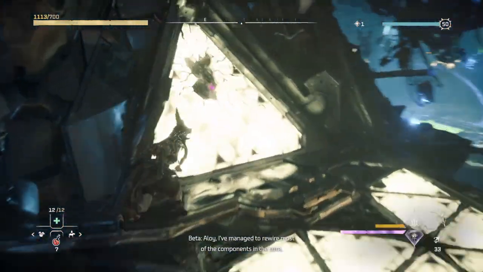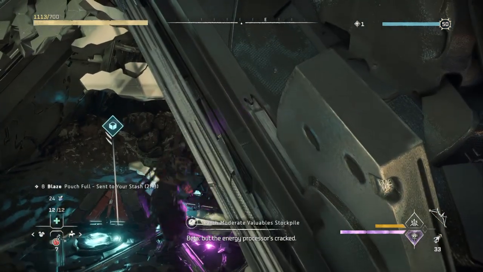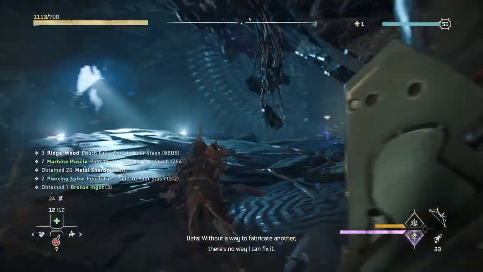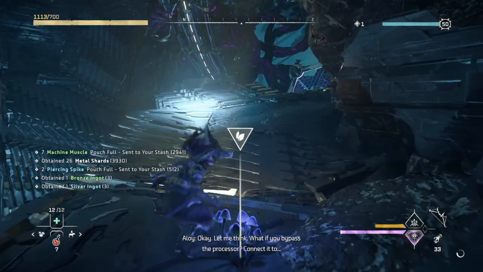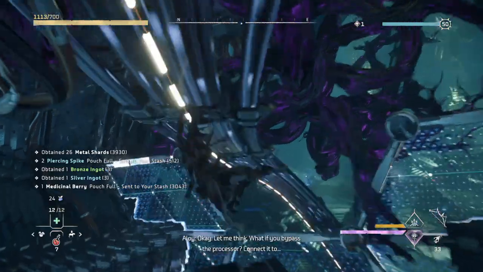I've managed to rewire most of the components in the core, but the energy processor's cracked. Without a way to fabricate another, there's no way I can fix it. Okay, let me think. What if you bypass the processor? Connect it to...